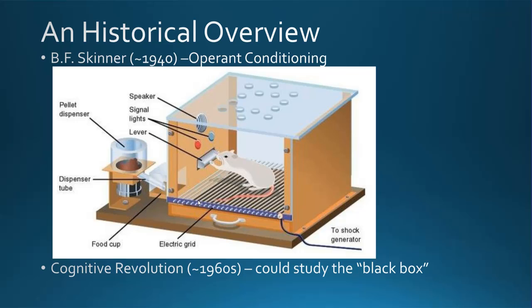Lots of these areas of research were suppressed until the cognitive revolution in the 1960s, when researchers decided to study the black box, or events that happen in the black box. So we can study memory. We can study things that we can't observe. Nobody's ever seen a memory, but we can infer its existence, right? We can infer that if your behavior changes, there's some evidence of memory.